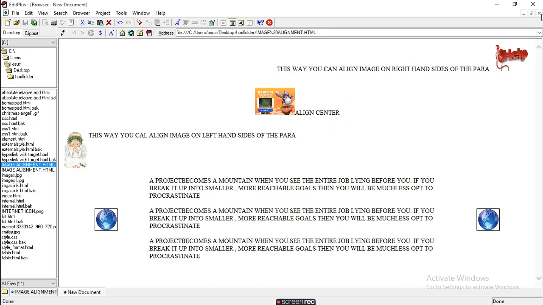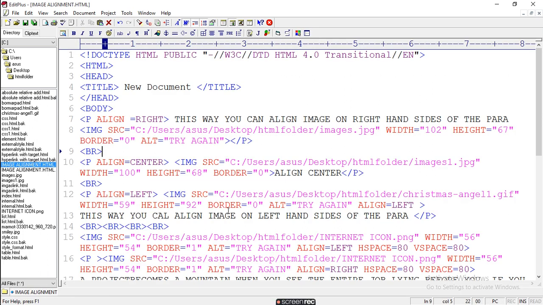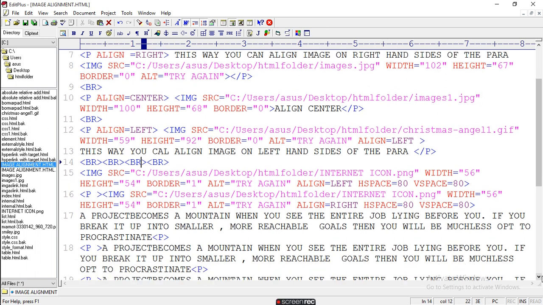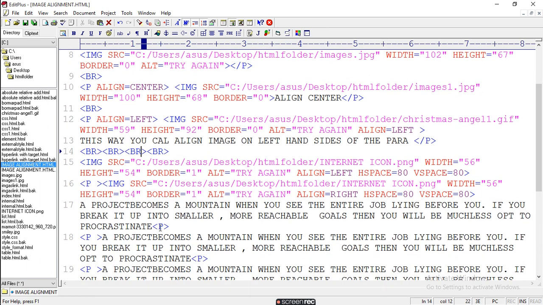Then now you want the image on both sides. For that you have to write image on left within a paragraph, then BR, then image source without any information, then again within a paragraph you have to write the image source, user, all the attributes, and then paragraph, then close the paragraph.